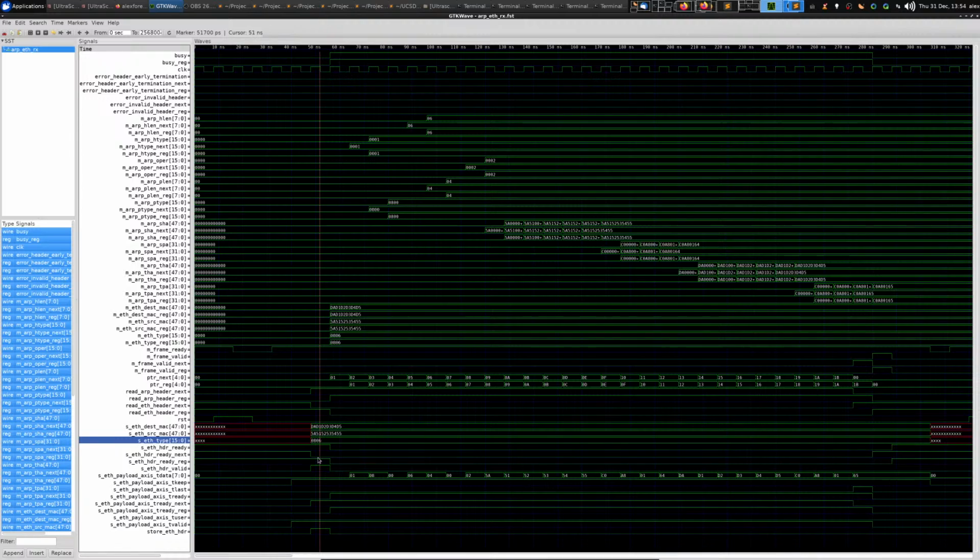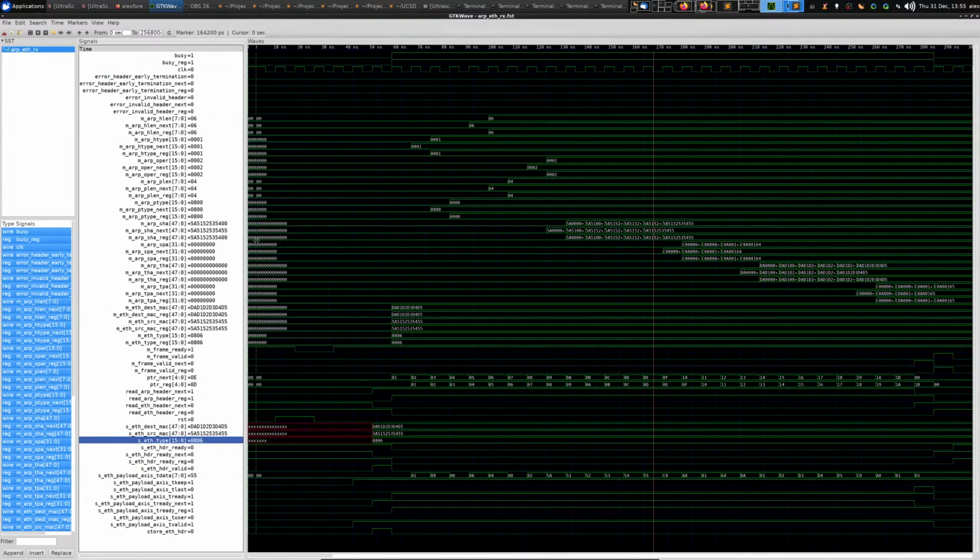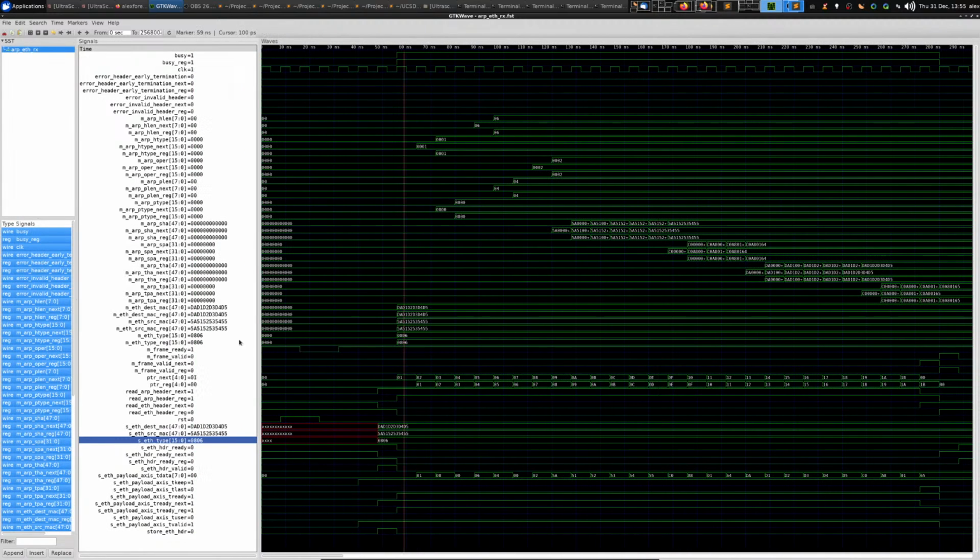And then we also have the payload data that gets transferred in, and the module is basically just storing them piece by piece inside of all of the internal signals. So as the frame comes in, it will store the source and destination addresses, and then it will store